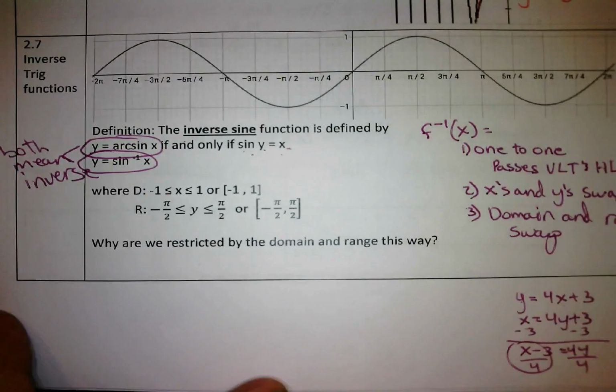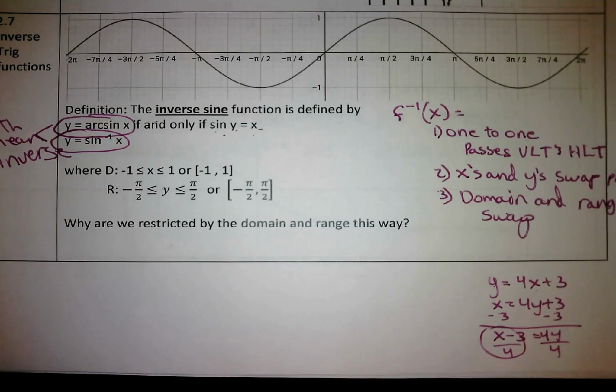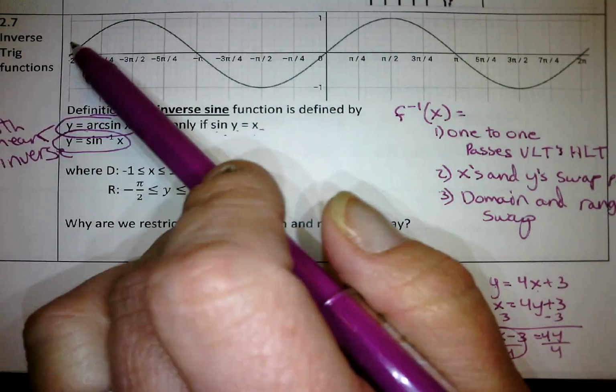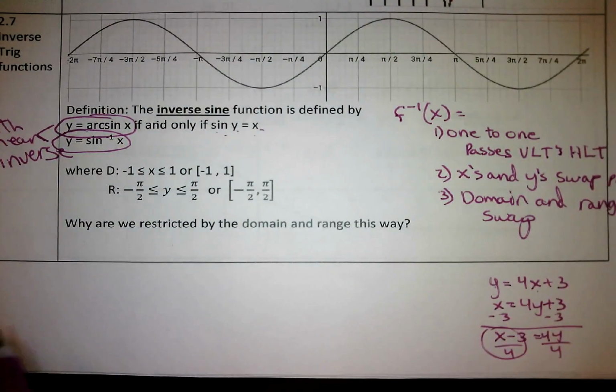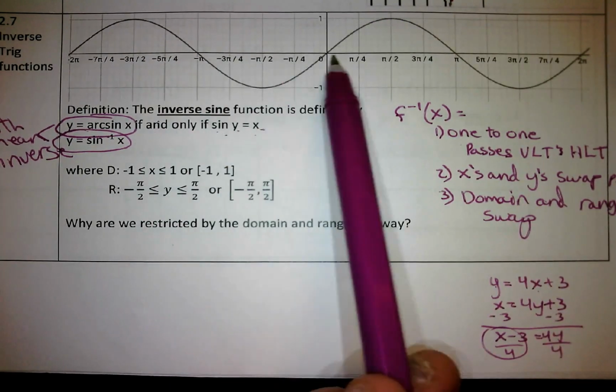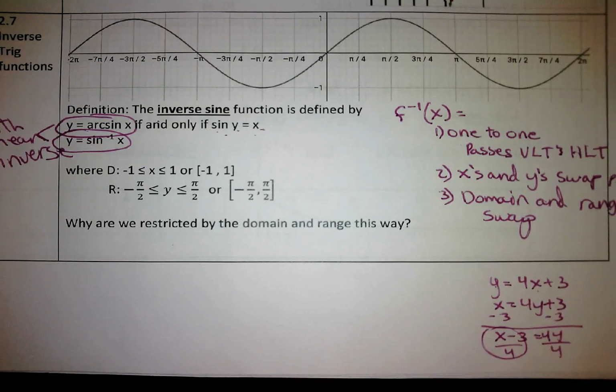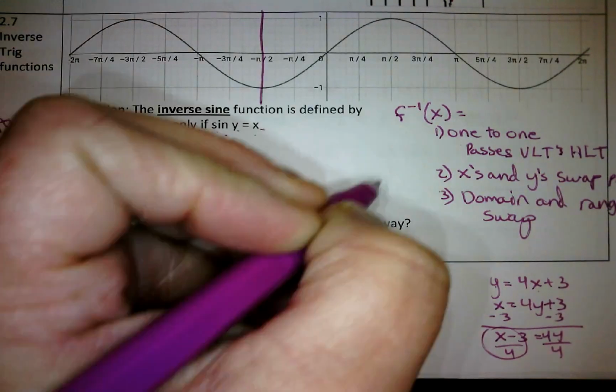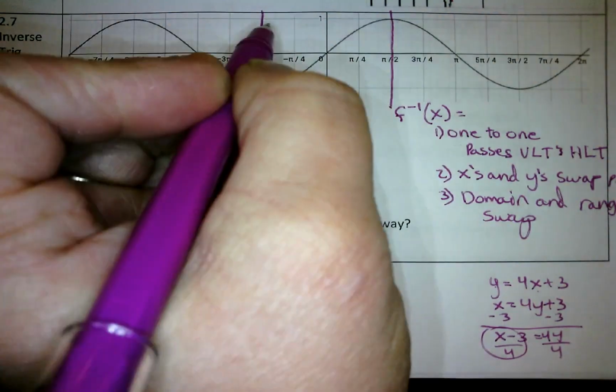So let's talk about our domain and our range. So this is a regular sine graph. Okay? So remember, our regular sine graph is periodic and it goes on forever and ever and ever. The problem is that it is not one-to-one. It does not pass the horizontal line test. So in order to make it one-to-one, what we're going to do is we're going to truncate it here so that we're only using the values